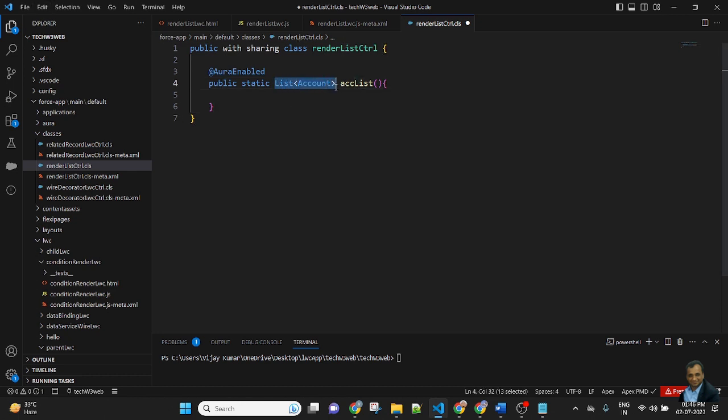I am returning a list of accounts. So copy, ACC list item, square bracket.